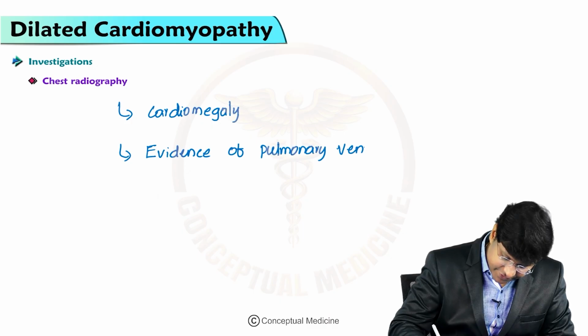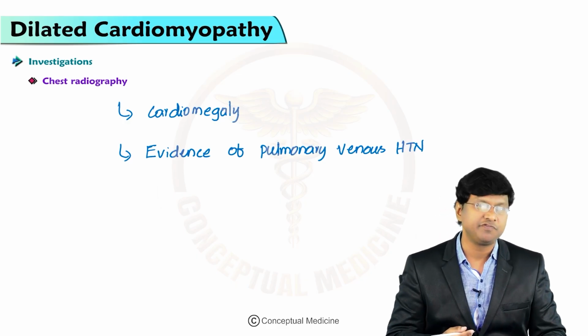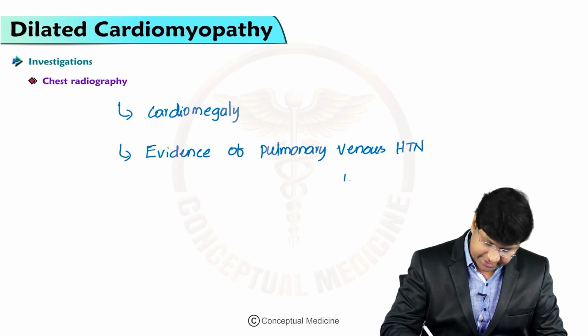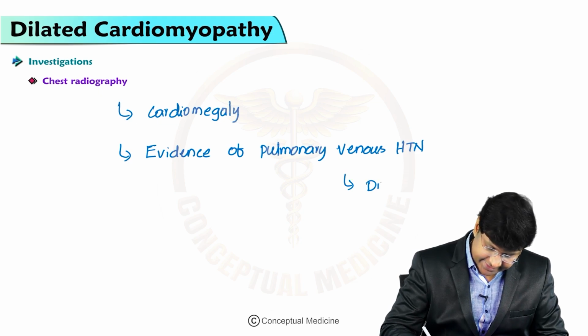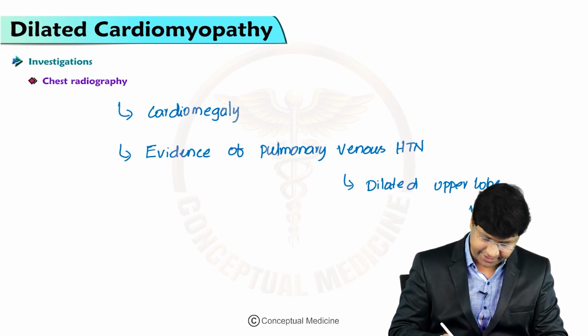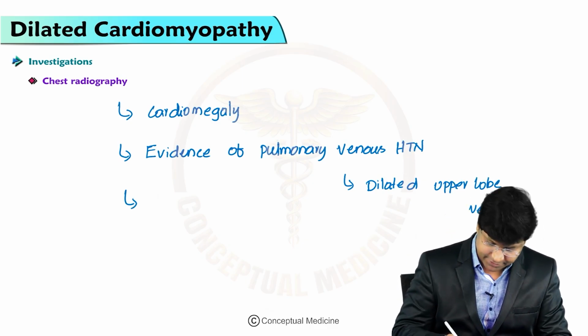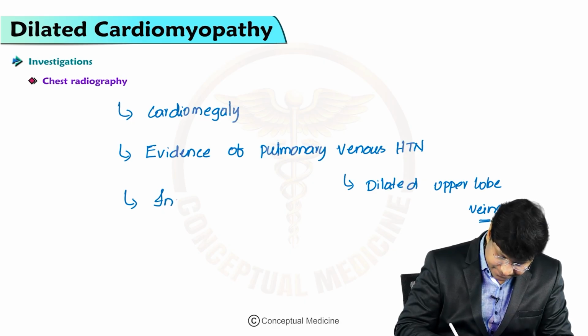They also have the features of pulmonary venous hypertension. So what will be the features of pulmonary venous hypertension? That includes distended or dilated upper lobe veins. So that will be the evidence of the pulmonary venous hypertension. And subsequently, because of raised pulmonary capillary wedge pressure, there will be also